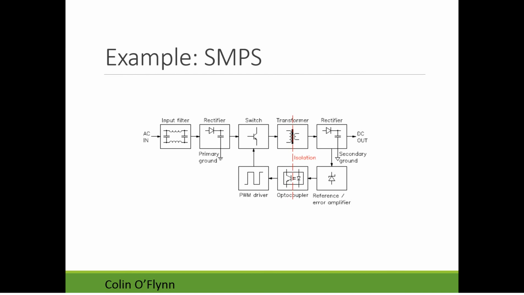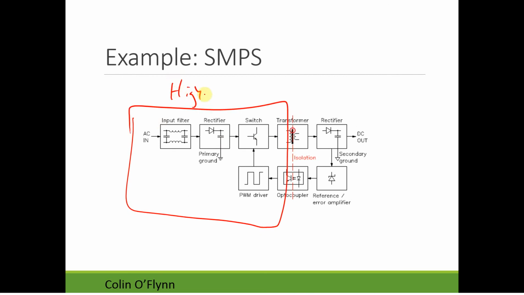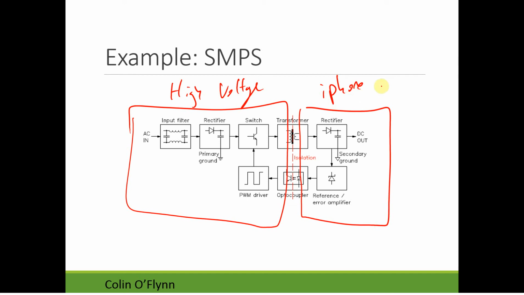In switch mode power supplies, we have two sides. We have one side that's high voltage, and if you're talking about European voltages, where they have 240 volt systems, after they rectify it you can get up to 300 or so volts on one side. And on the other side here, you have something like your iPhone charger. So it's something that you're very close to. You have the cable in your hand and all this stuff.